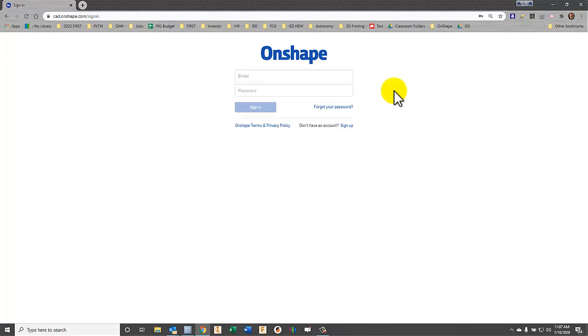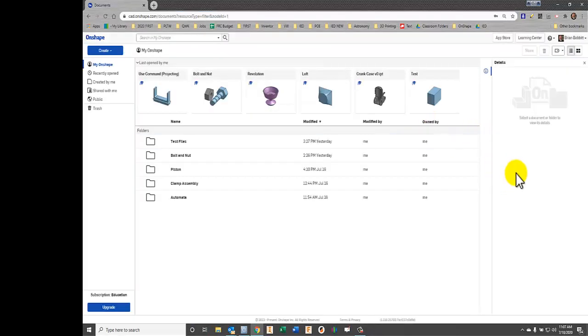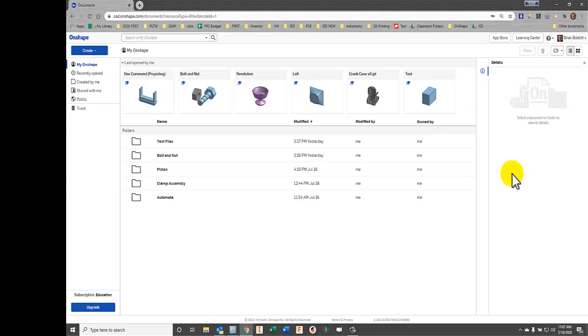Today we're going to work with Onshape, and in particular just getting used to the interface. So you're going to want to go to this website address, and this will take you to the sign in page. Then you're going to type in your sign in stuff and click sign in. After you sign in, you're going to come to your documents page, and this is where everything is kind of